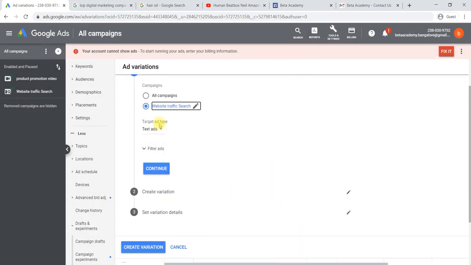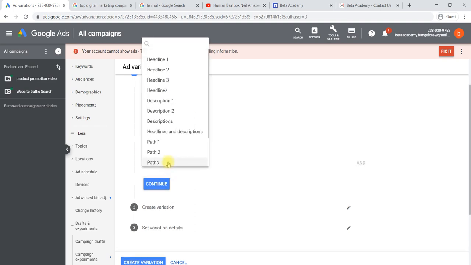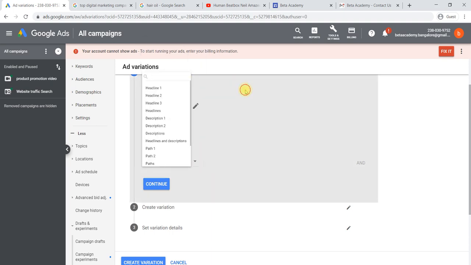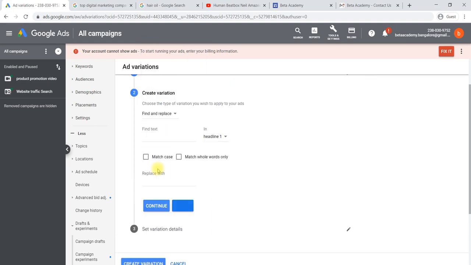Then, which type of ad would you like to select as a variation? Text ad. You can filter the ads based on this, but there's no need to filter, you can say continue.